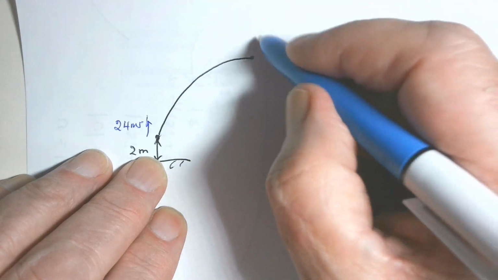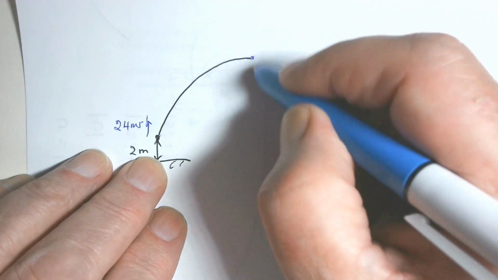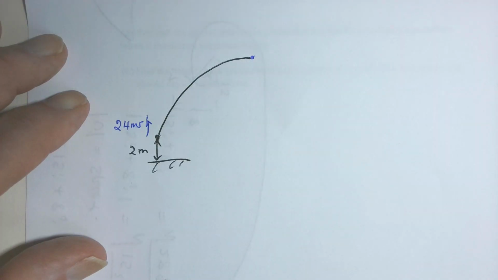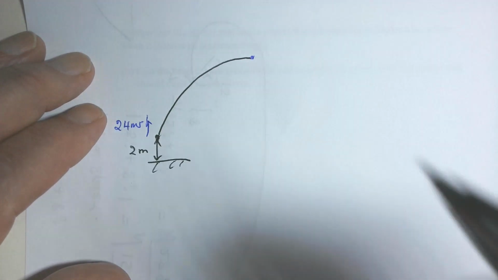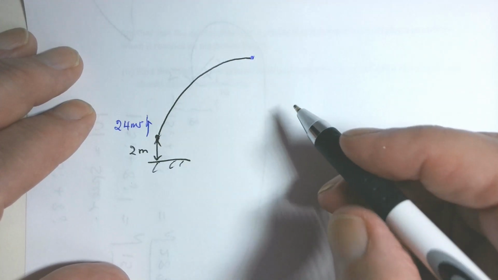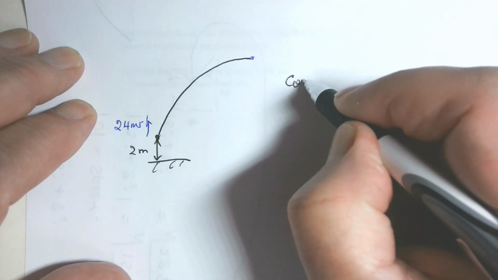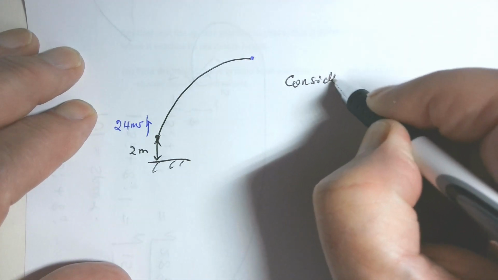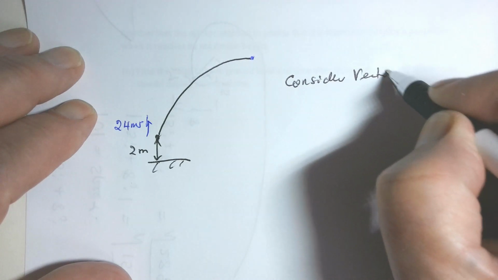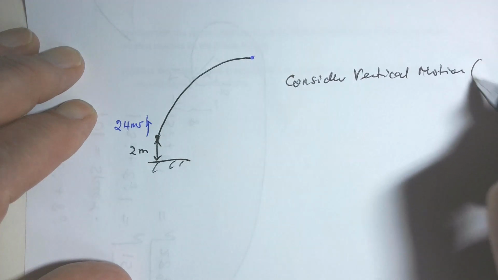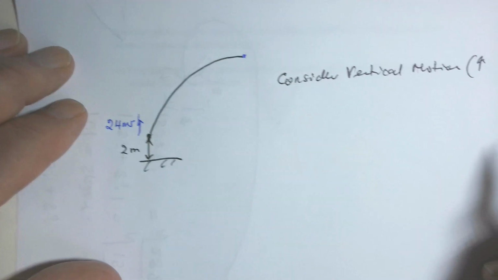So velocity is 0, therefore we need to remember to plug that information into our equation. So considering vertical motion again, where upwards is positive,